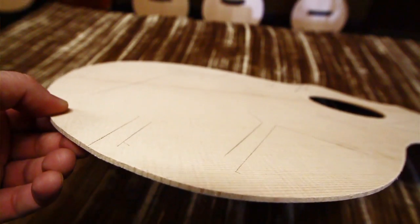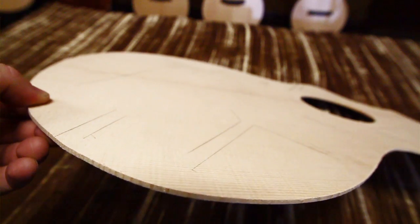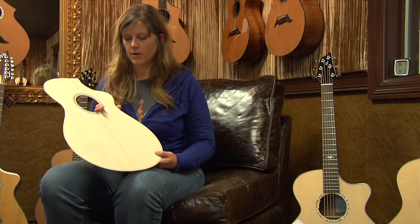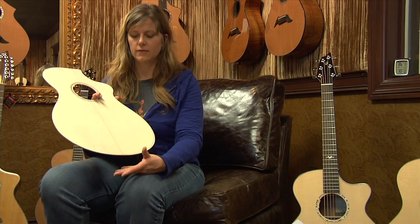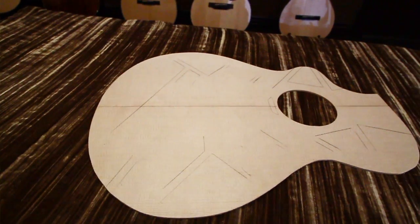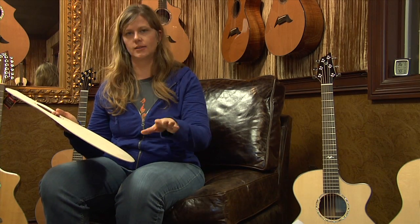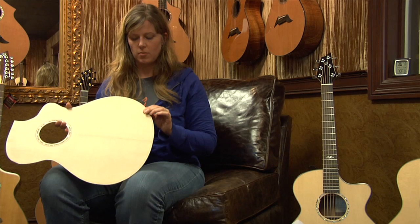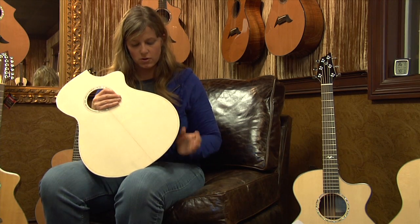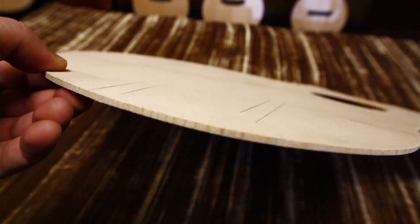We build all the tops on the original design guitars with graduated top thickness. So what does that mean exactly? In essence, we have a top that's going to have a thinner bass side and a thicker treble side. If you think of sound waves, the bass sound waves are much larger and they need a thinner wood to move through so that they don't become muffled or lost in the guitar top. While the treble, being thicker, it helps capture those treble sounds so they don't get diminished or overpower those bass